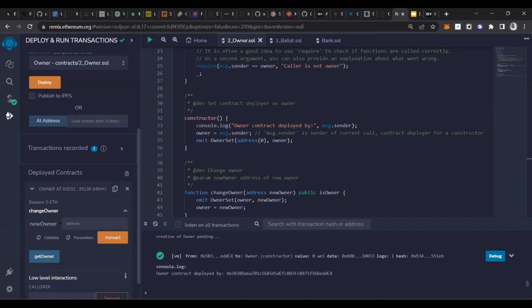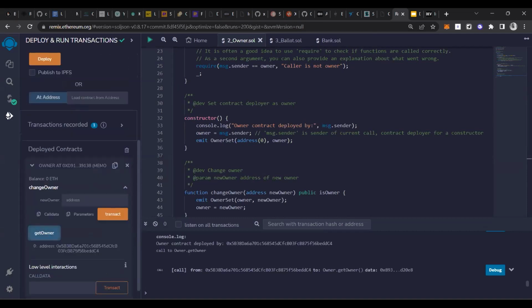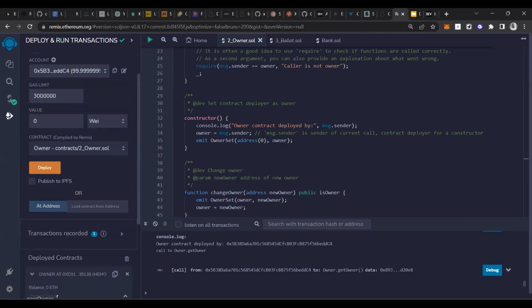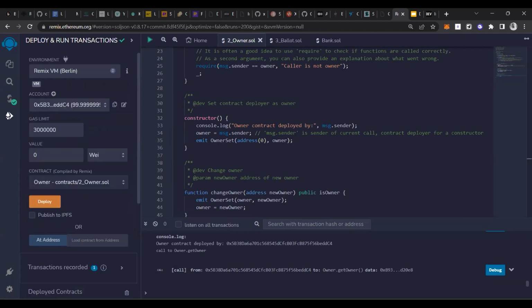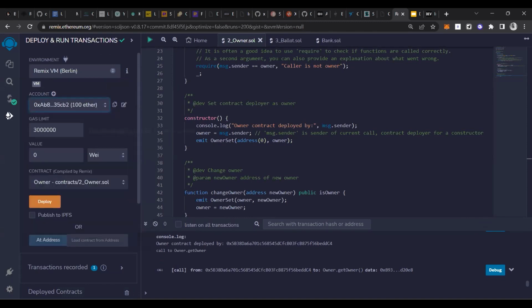Here you can see the current owner of this smart contract, 0x5b. This is the owner right now, and we want to change it from this address.